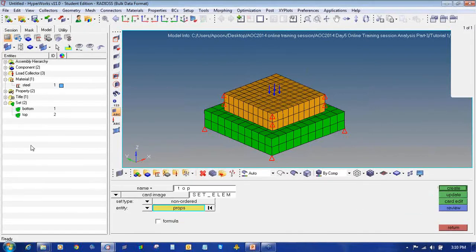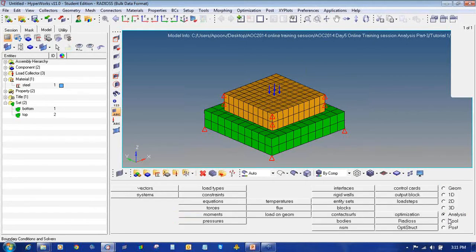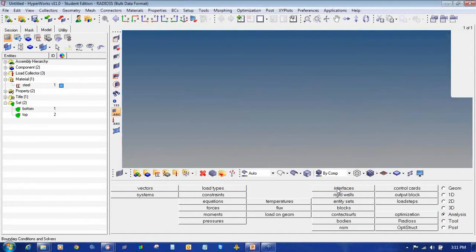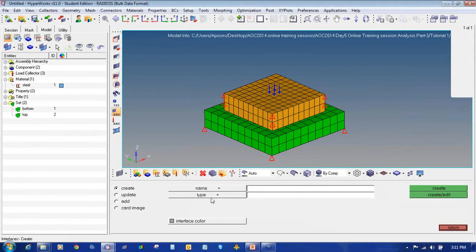So my two sets have been created, the top and the bottom. Now I will create the interface between these two blocks. To create the interface between any two elements or two components, in the analysis page, click on interface. Enter the name as solid contact.